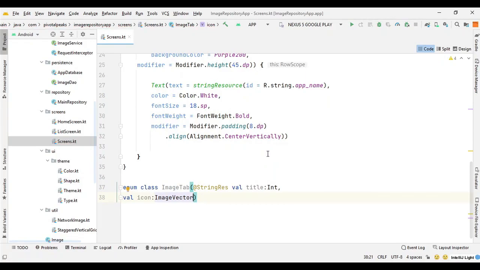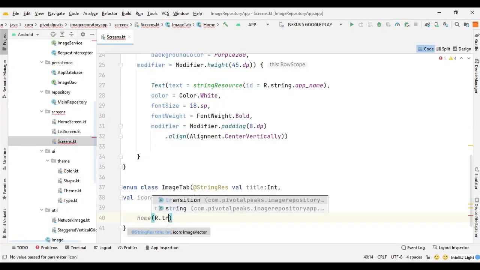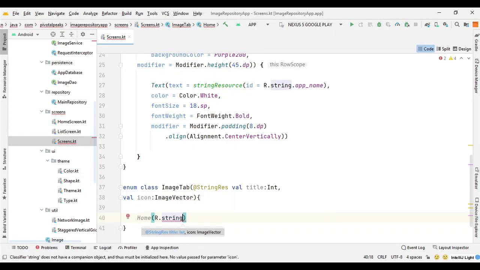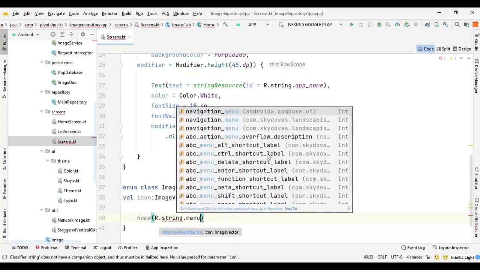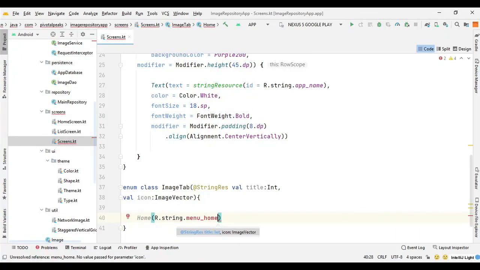Now we need to define the two tabs here, which are separated by a comma. So we can say home, and we will fetch from the resource file. So we can say r dot string dot menu underscore home, and we have not created it yet, so we need to create this resource.